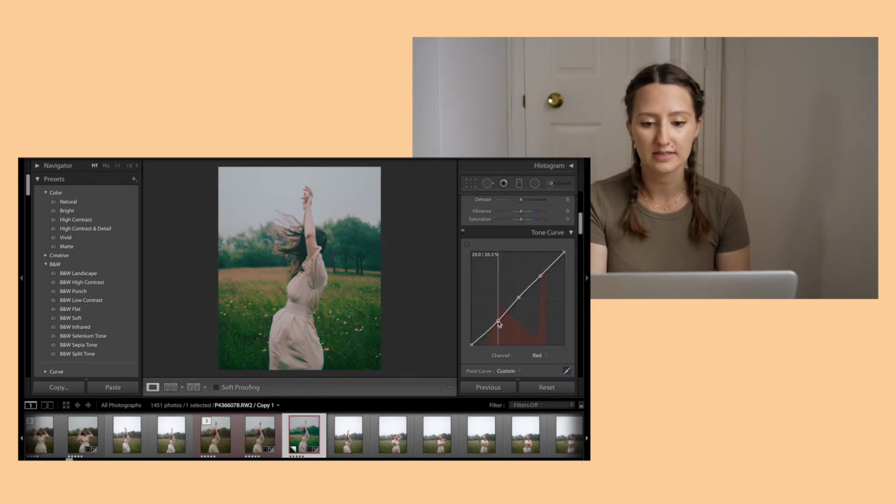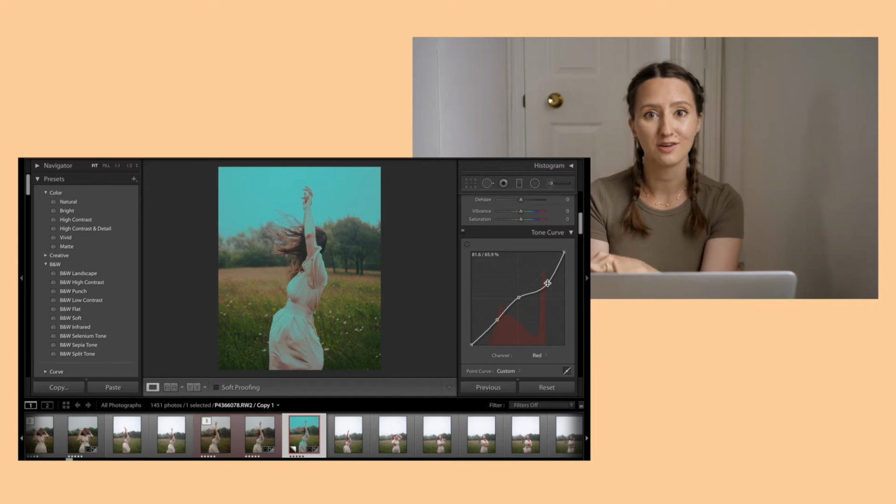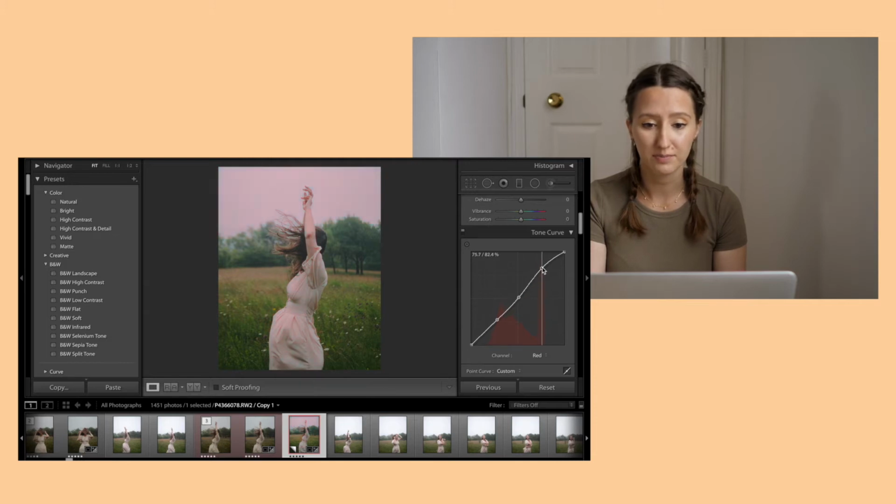The same with highlights. So for example here, I'm making my sky cyan by reducing reds. It's the combination of green and blue. And if I wanted to add more reds into the highlights, so if I bump it up, you see you add more reds to highlights. It's as simple as that. Let's go to greens. It's pretty self-explanatory,